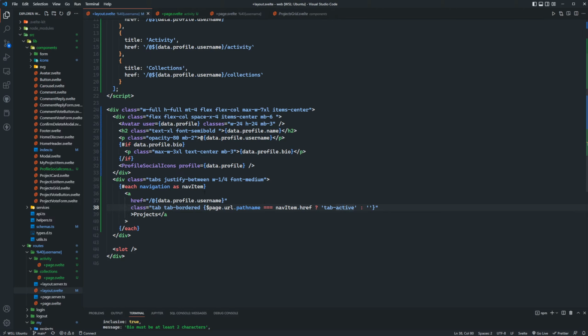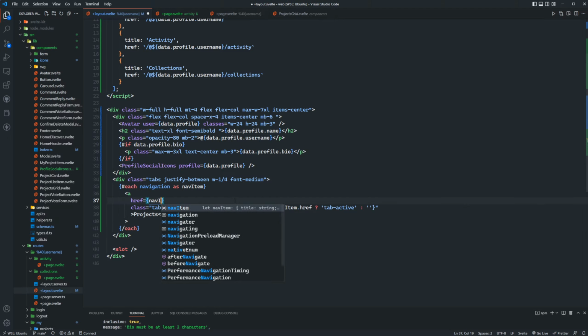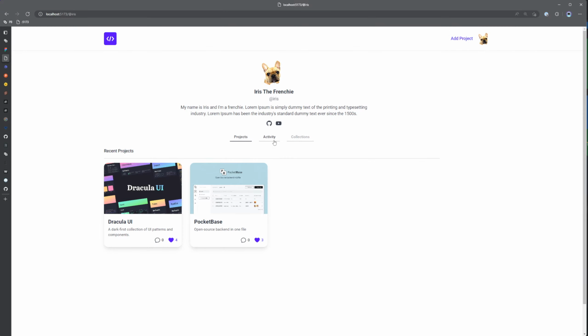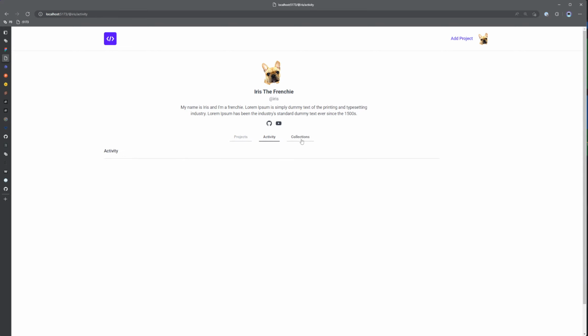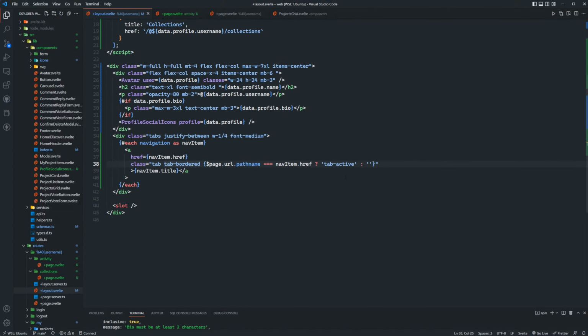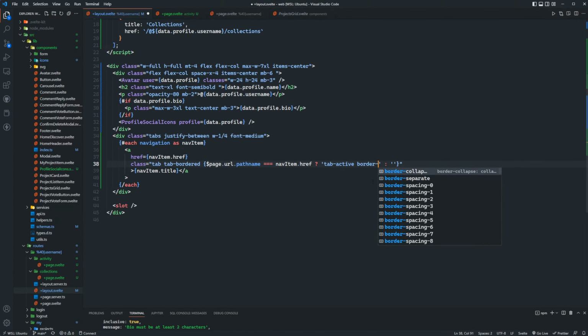And I need to update the href here, which will be nav item.href. The title. So now when I click on these, you can see that this is obviously not existent, but the active page now is shown, or is highlighted, right? We can actually make this border primary, and then